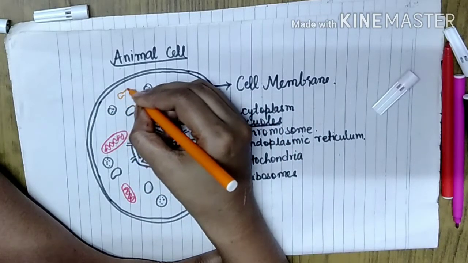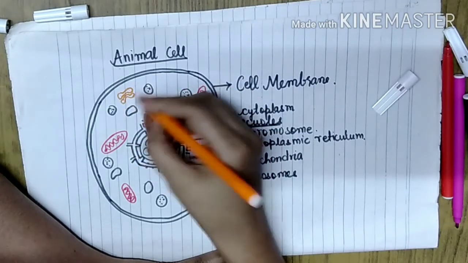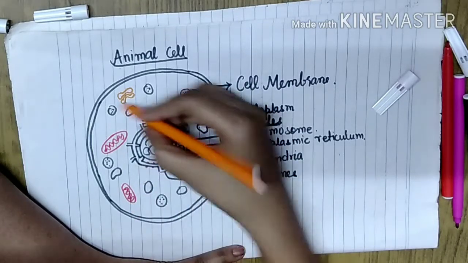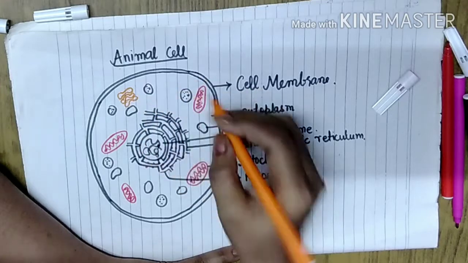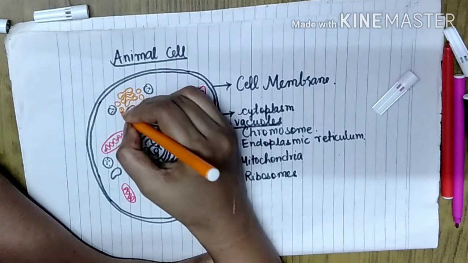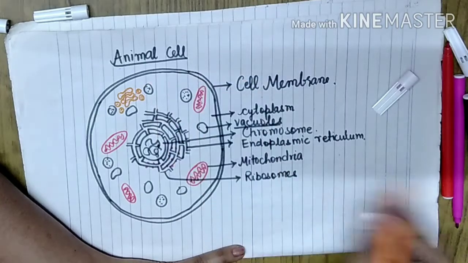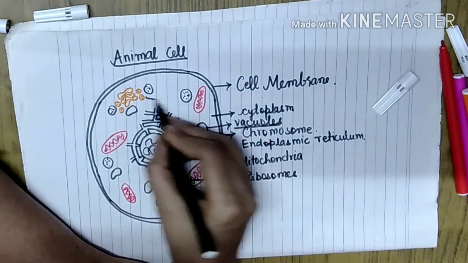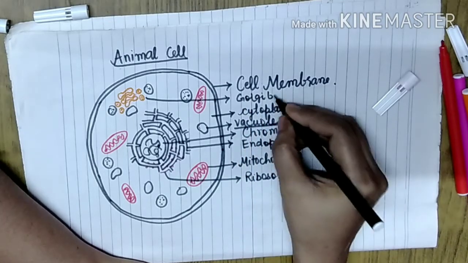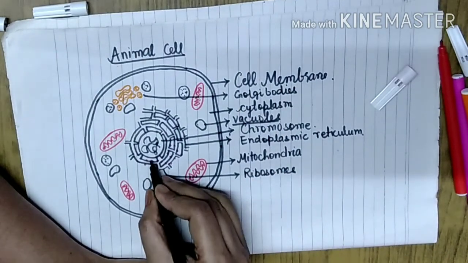Now we are going to make the structure of Golgi bodies. These Golgi bodies are situated in the cytoplasm, and they help in the formation of small organelle-like structures called vesicles. Vesicles are filled with the proteins or enzymes which are provided to them through the endoplasmic reticulum. So the proteins or enzymes that are synthesized in the ribosomes are secreted into the endoplasmic reticulum, and then they are supplied to the Golgi bodies.